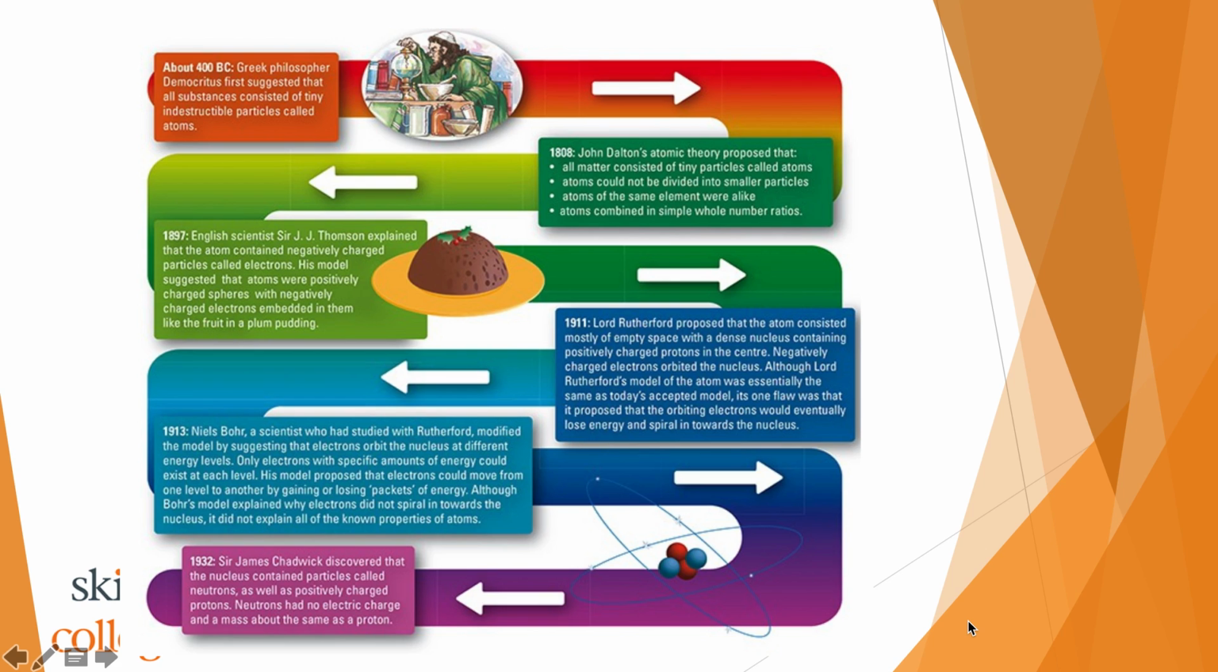In 1913, Niels Bohr, a scientist who had studied with Rutherford, modified the model by suggesting that the electrons orbit the nucleus at different energy levels. Only electrons with specific amounts of energy could exist at each level. His model proposed that electrons could move from one level to another by gaining or losing packets of energy. Although Bohr's model explained why electrons did not spiral towards the nucleus, it did not explain all the known properties of the atoms. So you can see here we're building on previous work and getting closer to what we believe